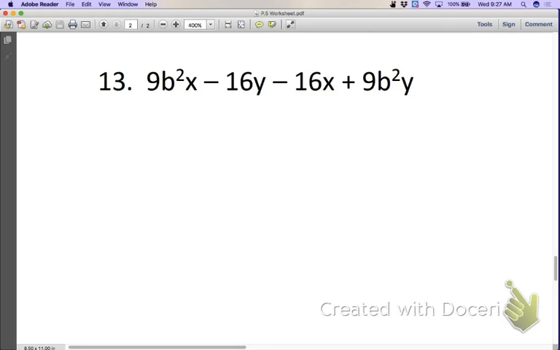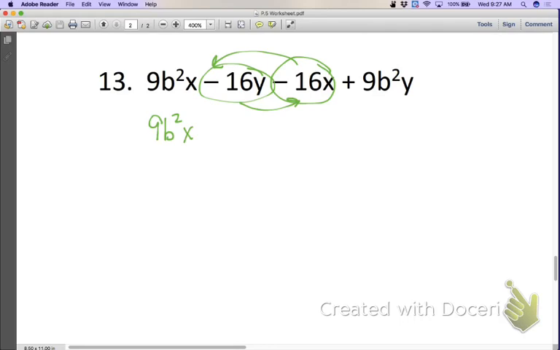So if I do it by grouping, then I want to actually move it around to where I'm going to take my 16x. I'm basically going to flip spots with the negative 16y. So that way I have my x's. So I have 9b